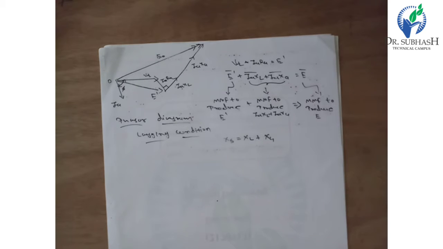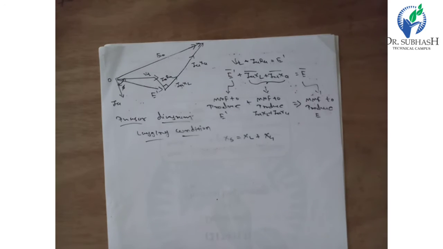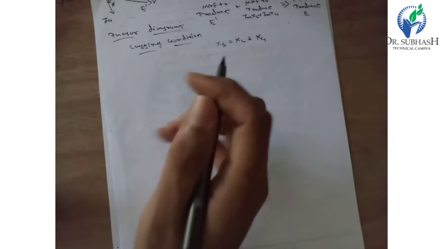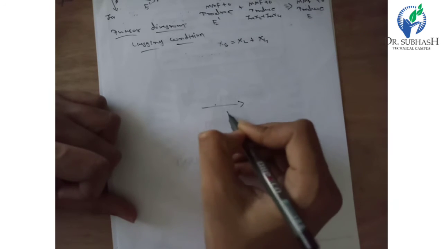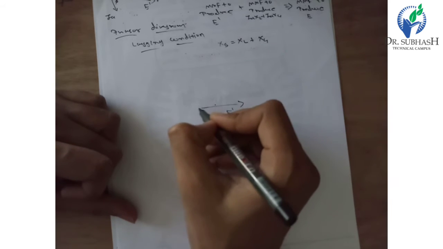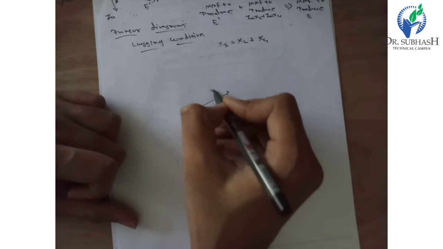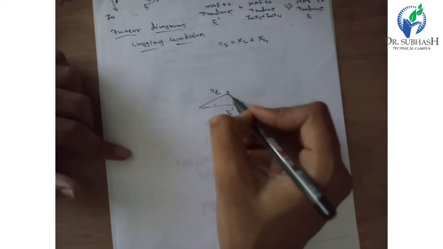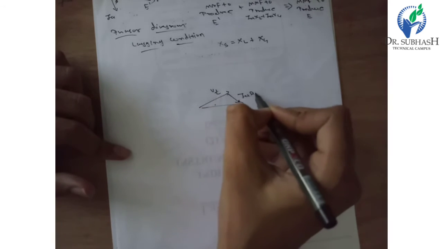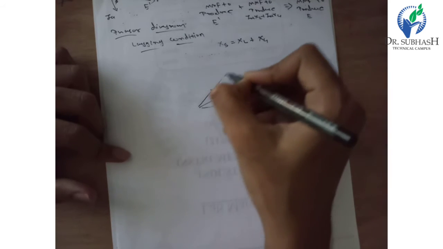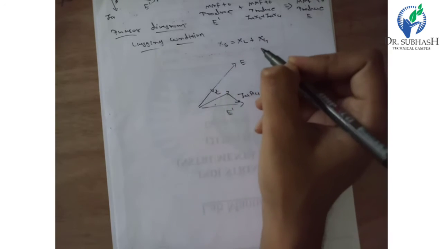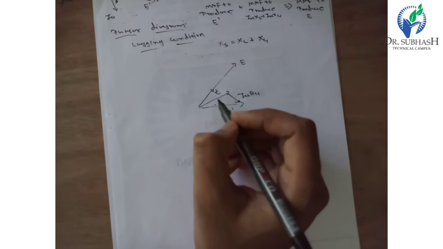So now we should draw the MMF diagram for the lagging power factor connection. We draw here the lagging power factor connection MMF diagram. First of all we draw the E dash value, then after the Vt value. The resultant will be Ia into Ra, and when we draw, the total EMF value is E, so there is an EMF value E represented with the angle between them.